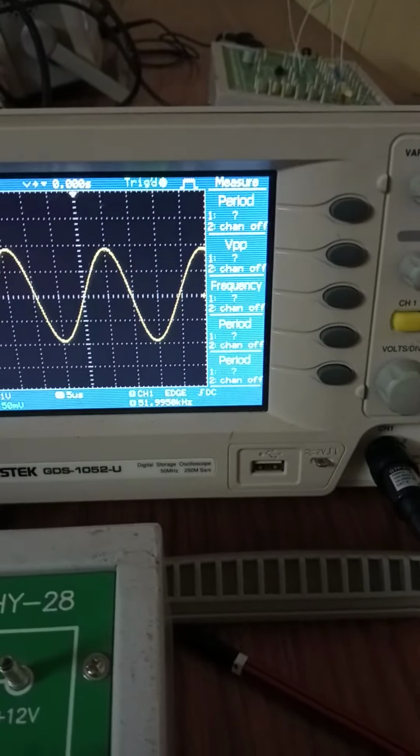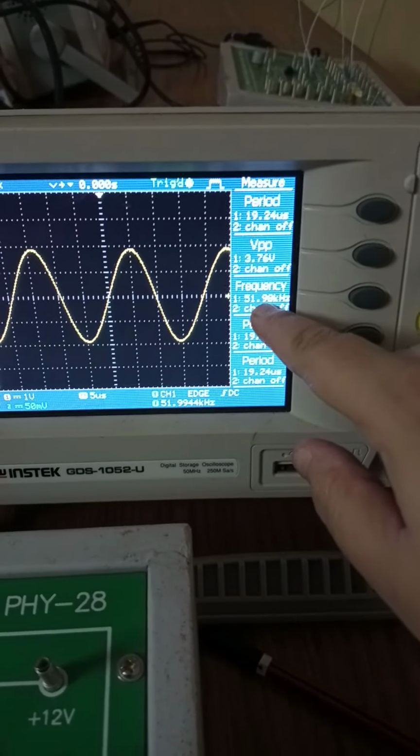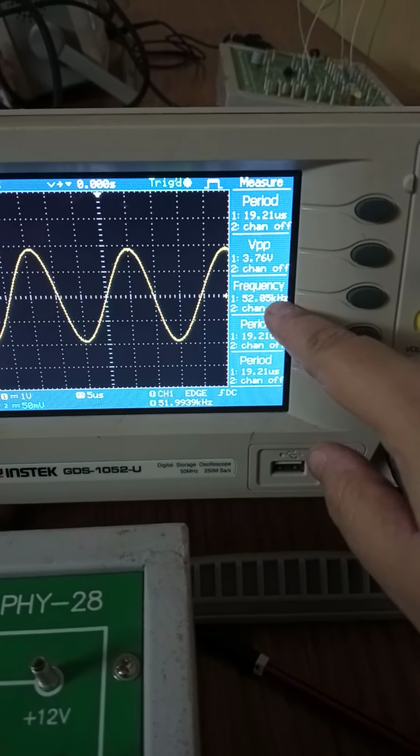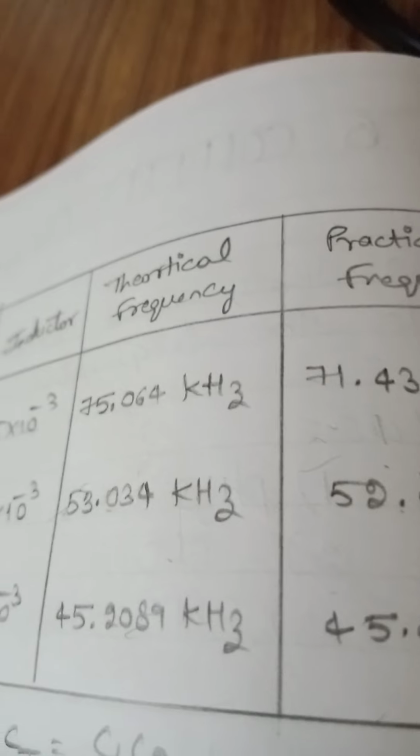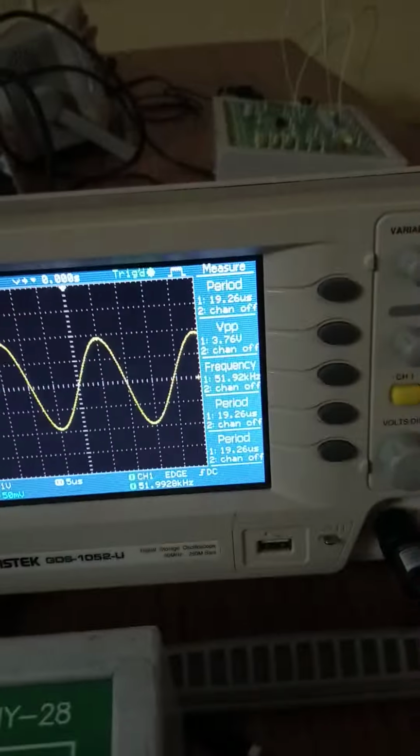Directly I got the frequency 51.976 kilohertz. You can see the theoretical frequency is 53.03 kilohertz, practical is 52 point something. So it is nearby, on the second capacitor combination.